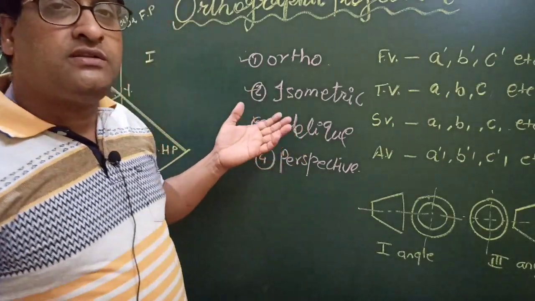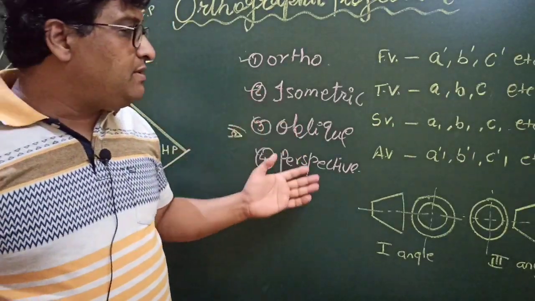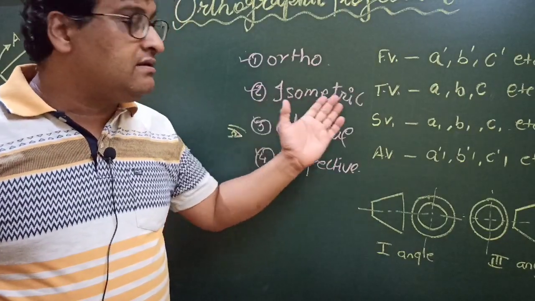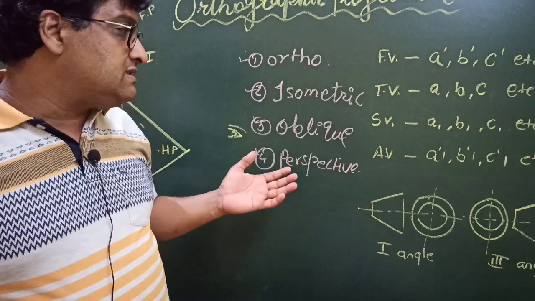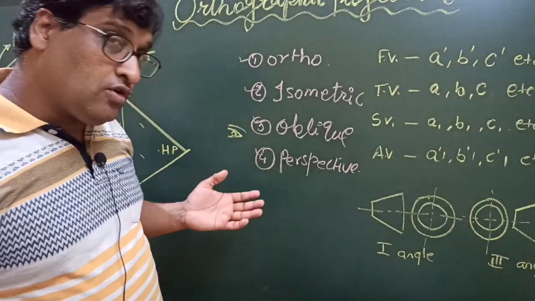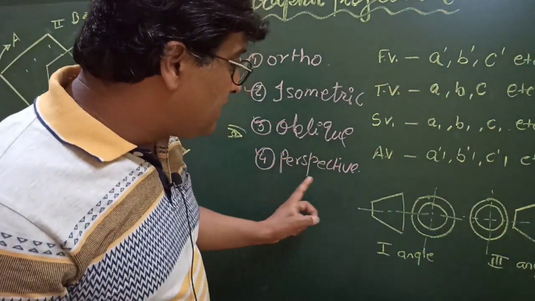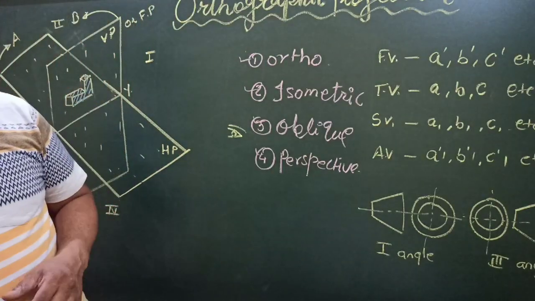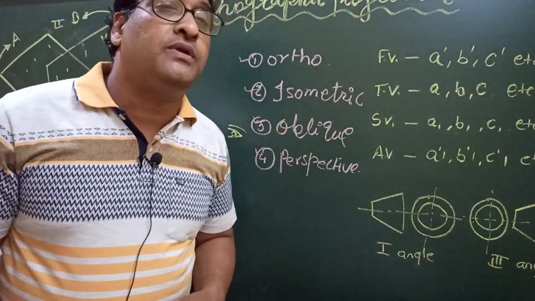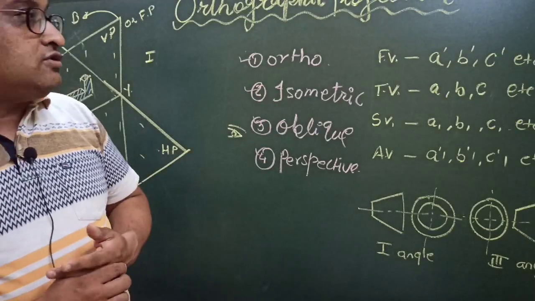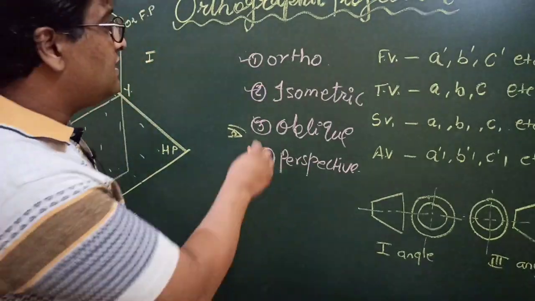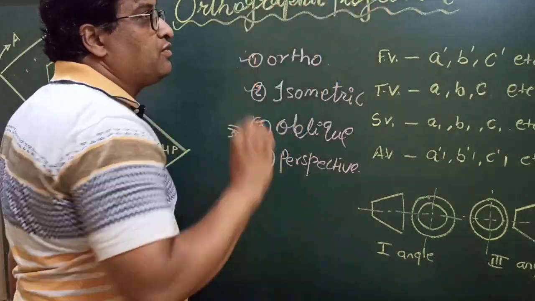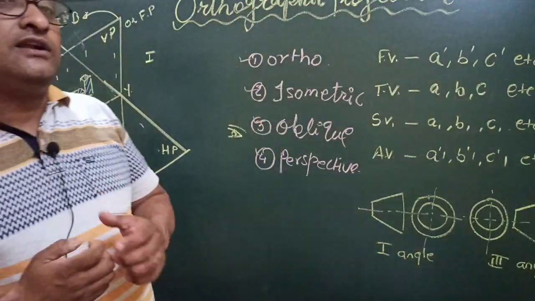In oblique and isometric, three-dimensional views are there. We have already talked about isometric projection in some other videos. The link is provided in the description section of this video also. And as far as oblique and perspective are concerned, I am going to upload videos on these topics afterwards, after orthographic projection and some more topics. Okay, so let us come to orthographic projection. What is orthographic projection?